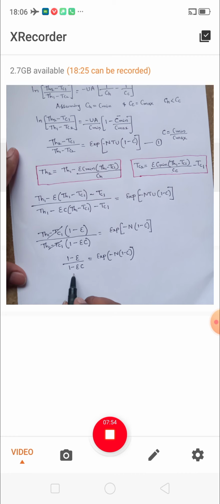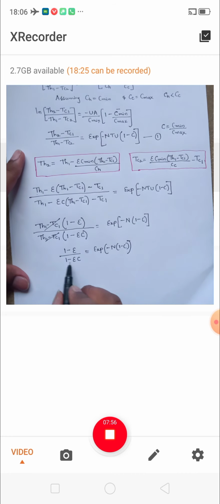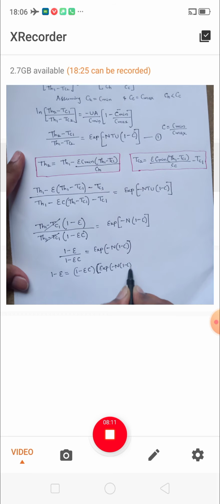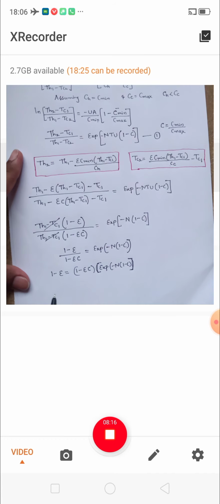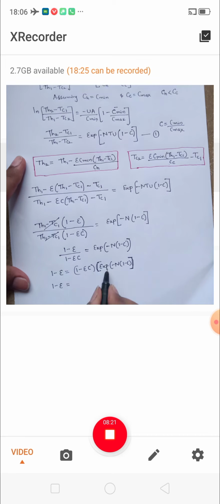So now I want to write the expression in the form of effectiveness. So I will make the cross multiplication. So 1 minus epsilon will be equal to (1 minus epsilon into C) into exponential of minus N bracket (1 minus C). So (1 minus epsilon) I will keep as it is, so 1 into this term, so this will be exponential of minus N in the bracket (1 minus C)